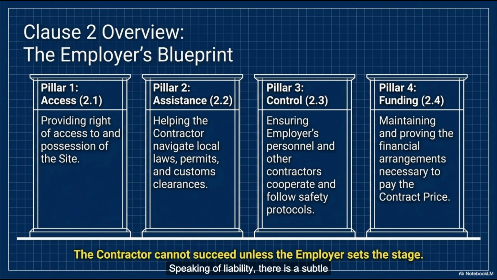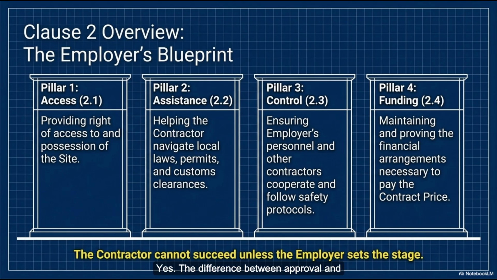Speaking of liability, there is a subtle wording nuance in the definitions that really caught my eye. Yeah, throughout the rules, when the contractor submits a temporary design or a plan, the engineer often responds with a notice of no objection. And that sounds so bizarrely passive-aggressive to me. Like, fine, do whatever you want. Why wouldn't a legal document just say the engineer approved the plan? You've just stumbled onto one of the most critical legal force fields in the entire FIDIC system. Really? Just from the word approve?